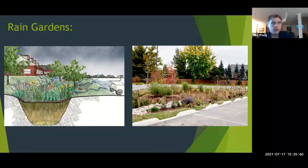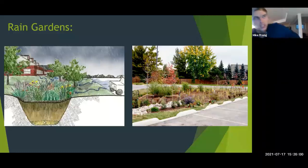So this is definitely my favorite way to capture and collect water, and that's mainly because it's a blend of what I like to again call the traditional garden aspect with the low impact aspect of fusion gardening here. So really on the left-hand side, it exemplifies visually exactly how a rain garden works. When I talk about a traditional garden, people will generally remove the lawn or whatever organic matter is there if they're creating a garden in an area where lawn already exists. They take off the sod, they build up with some fresh triple mix soil, do the planting, and then